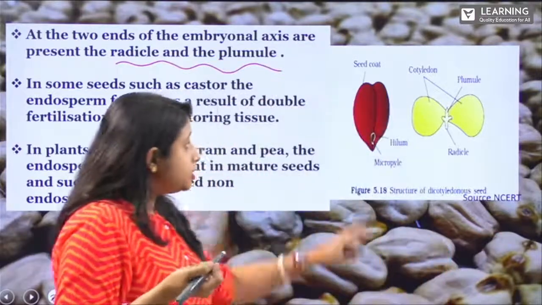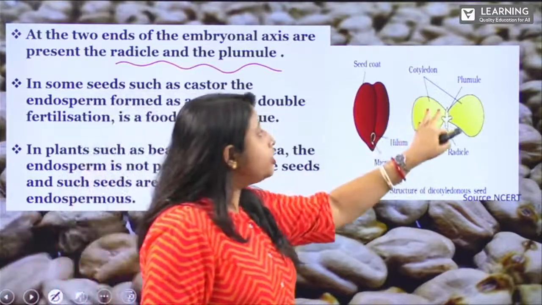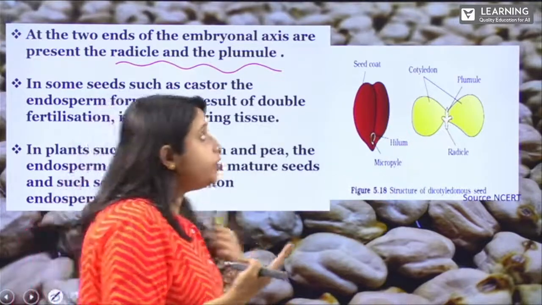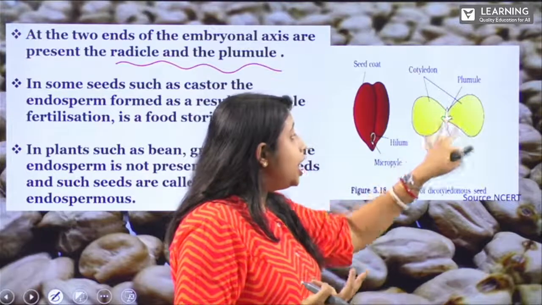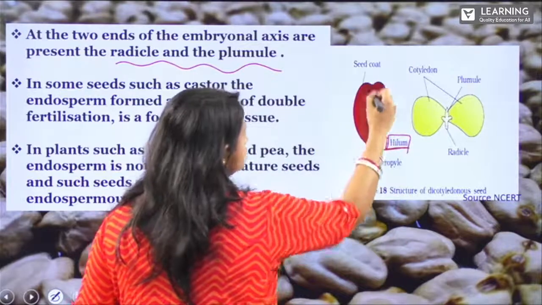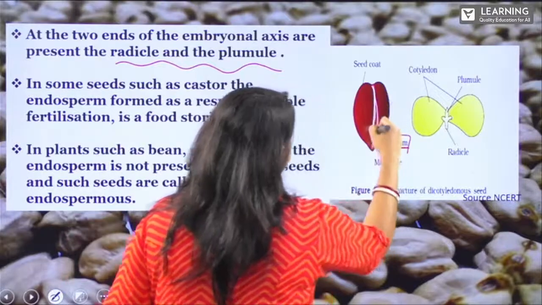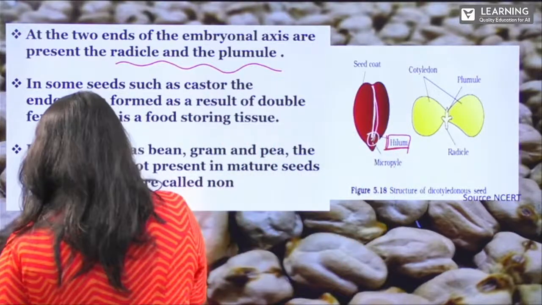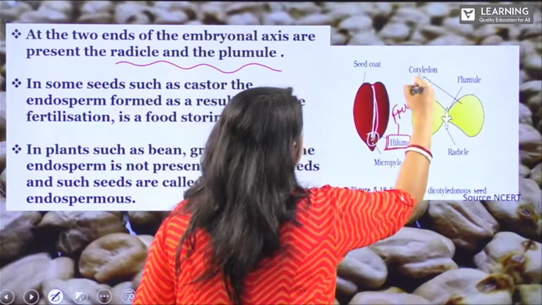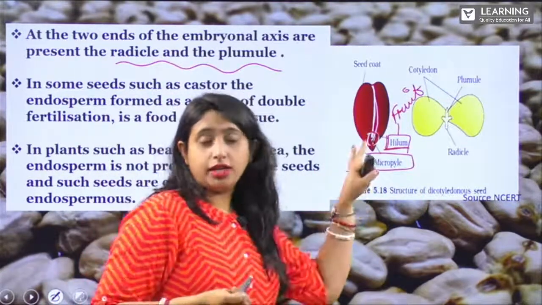When you look into this seed, inside the seed this embryonal axis is present. Here you can see that it is divided into two parts, that is, it has two cotyledons. Here we can see the plumule and the radicle. As I have said, this structure is called your hilum, which helps in the connection of the seed with the fruit. And this is your micropyle. This small hole or pore near the hilum is called your